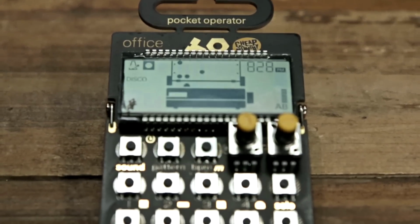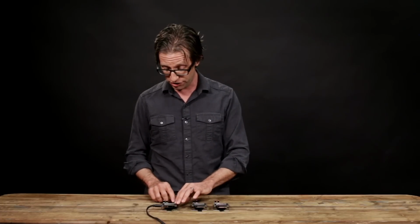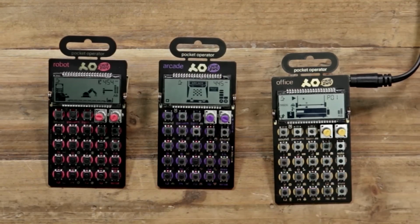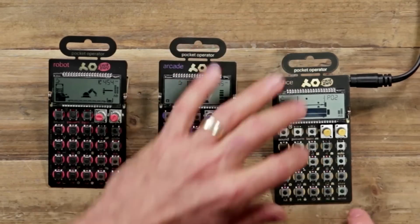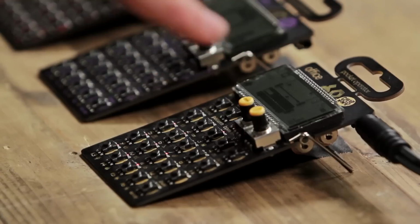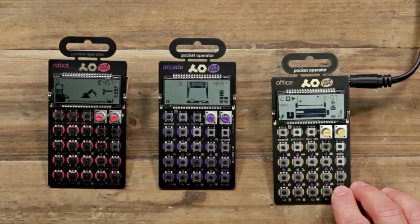So Office is a pocket operator that uses sounds from the office, like fax machines, printers, and if I audition the sounds, they sound like this. And I can audition patterns the same way. Hold pattern, press another step. So with Office, Arcade, and Robot, I can punch in real-time effects by turning knob A and knob B while holding the right button. So I'll press play on the sequence, hold the right button,